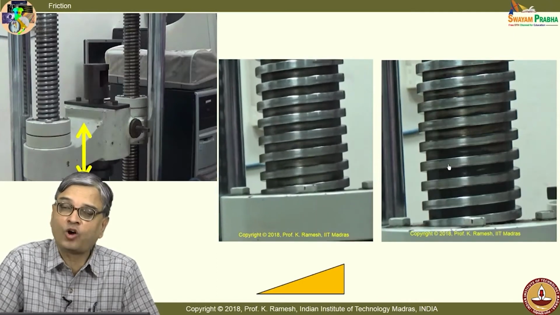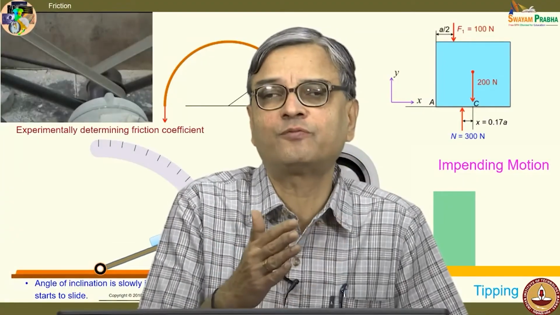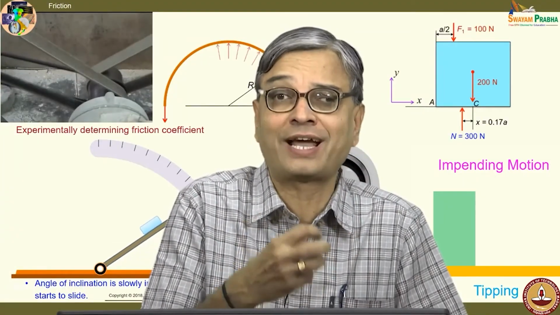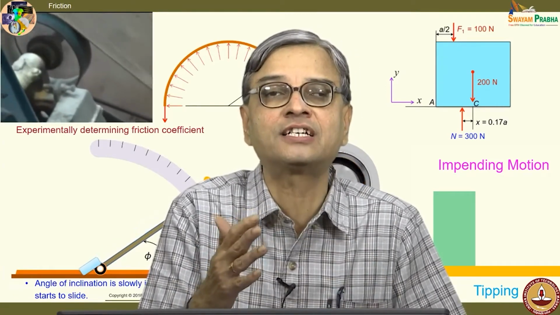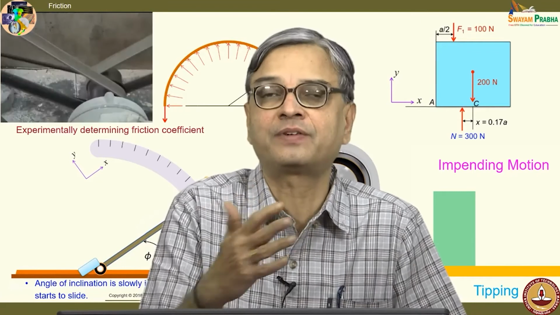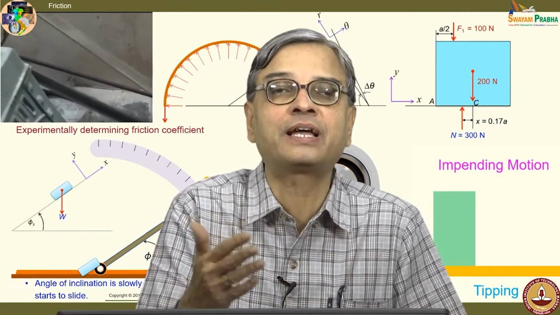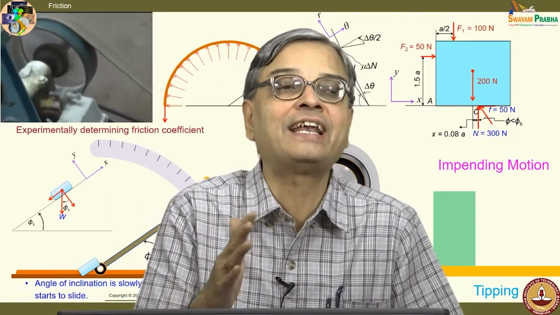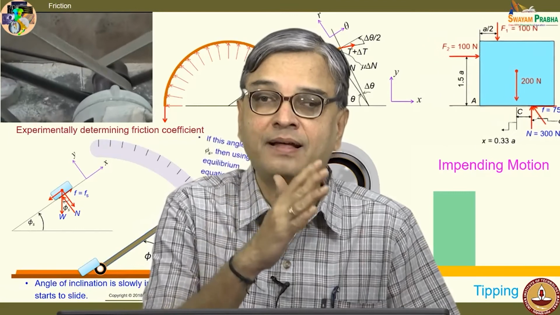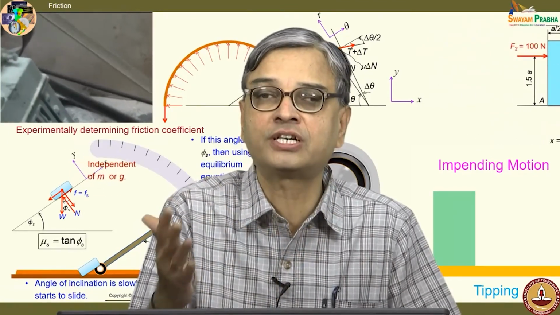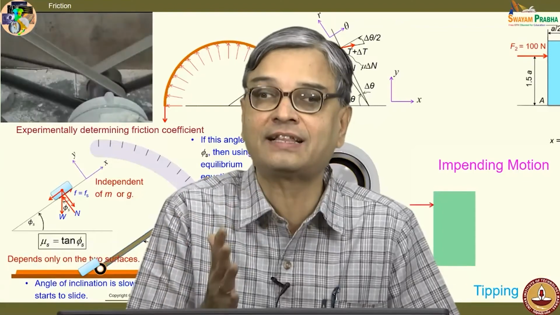Not only that, in all these cases, motion is impending. This is the reason when you learn friction, but when you actually apply it to mechanical engineering, you find many of the applications have impending motion. People tend to replace friction by mu times N blindly. You can also coin problems where in some portions of the system, motion is not impending. In some portions, motion is impending. You should never forget that.